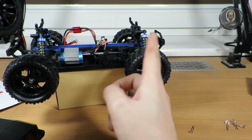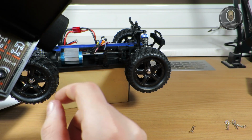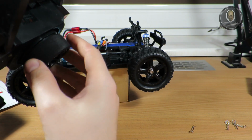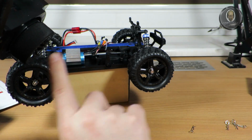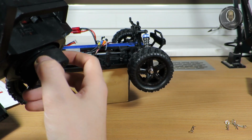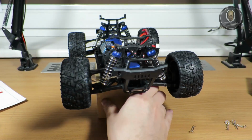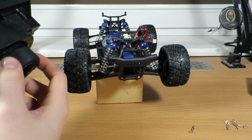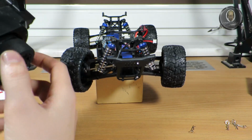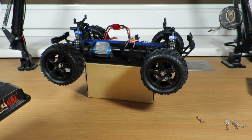Again, the angle is much higher than these wheels can get, so we need steering dual rate, we need to lower it. Let's see the half. It's still a bit too much. I just don't want the servo to go farther than it can. Now it's much better. So here is the angle of the steering, max. So that's the angle. Let's set the dual rate to the max, to the throttle, and let's see how the